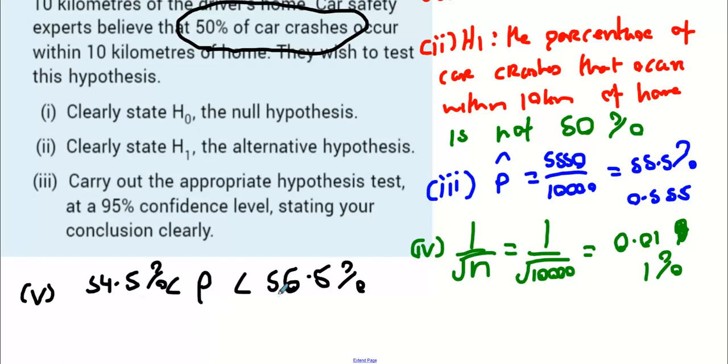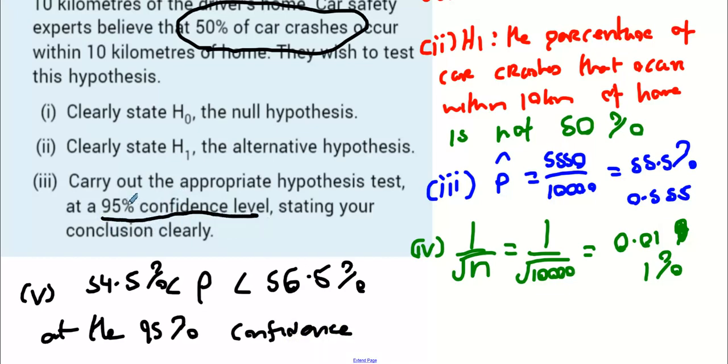Is 50% in this range? No. So what you say is at the 95% confidence level. See the way I'm using the wording of the question? See the way it says at the 95% confidence level? That's what we've done here. That interval is at the 95% confidence level. So you say at the 95% confidence level, we're